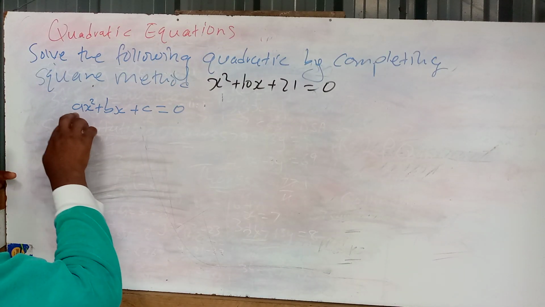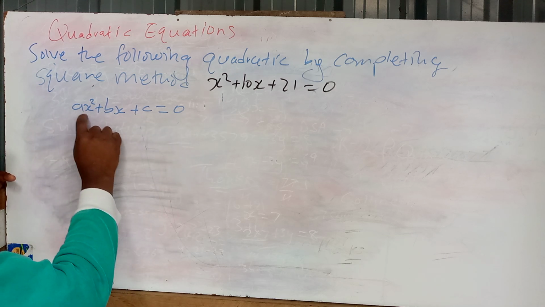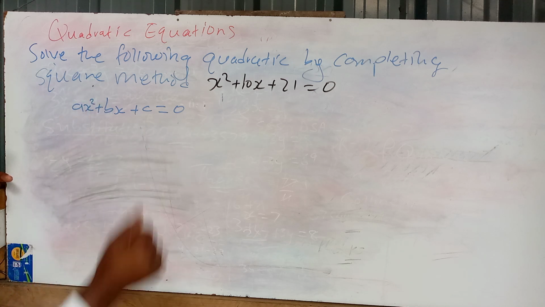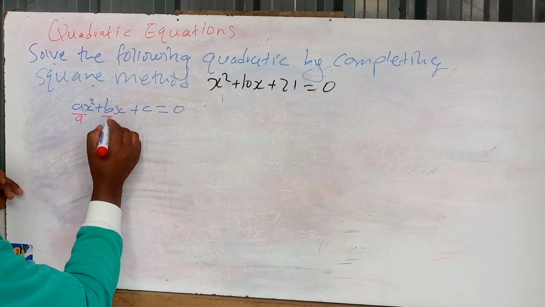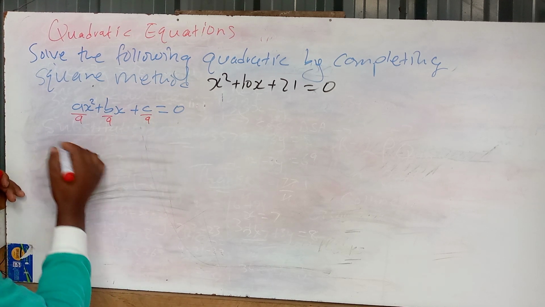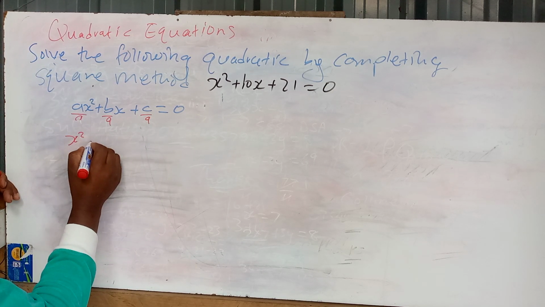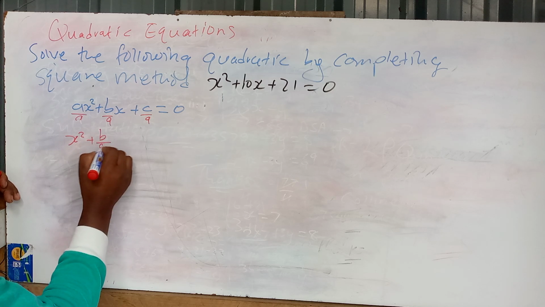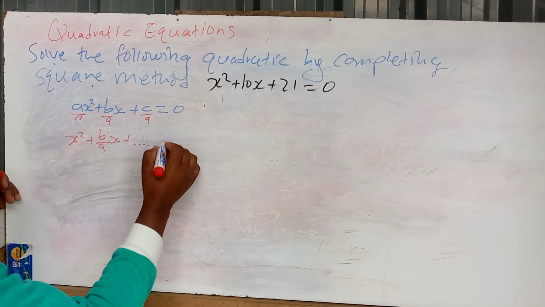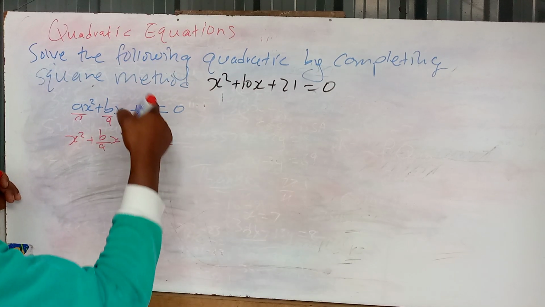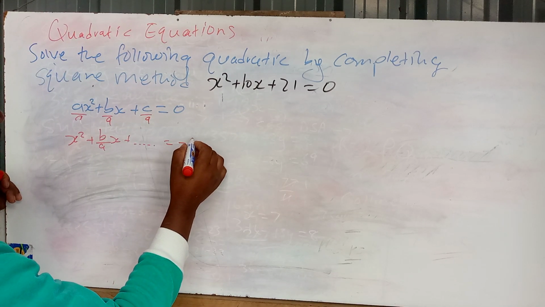Remember, you have to divide everywhere by the coefficient of x squared, so that we have a coefficient of x squared being 1. So you divide by a everywhere. So we will be having x squared plus b over a x, plus a number here is equal to, take these constants to the other side, and we'll be having minus c